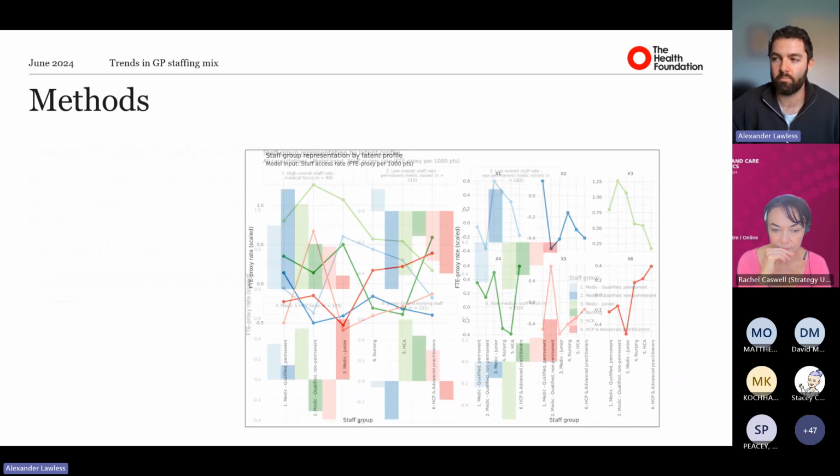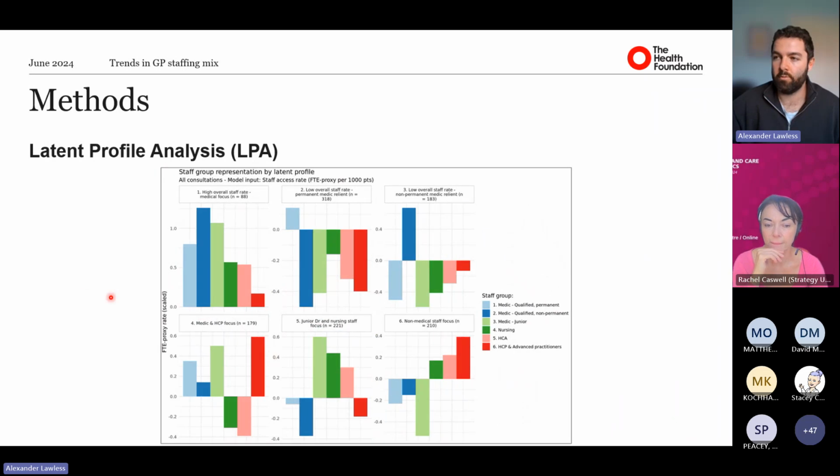So we do that for each of our profiles, and broadly, each of our practices fits into one profile only. And our profiles can be described as either having a high overall staff rate. So practices in this profile have above average staffing scores in every measure. There is a focus on medical staff compared to other groups within that profile, but compared to other profiles, they're high staff rates. The next 2 are defined as having quite low staff levels,